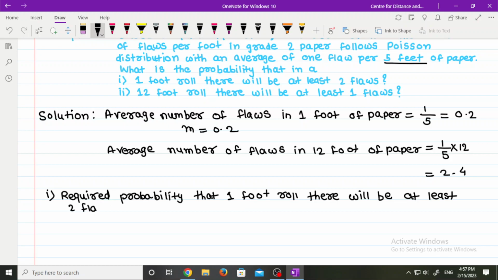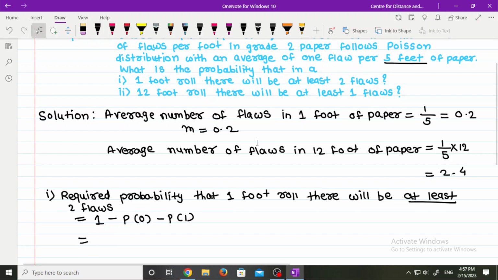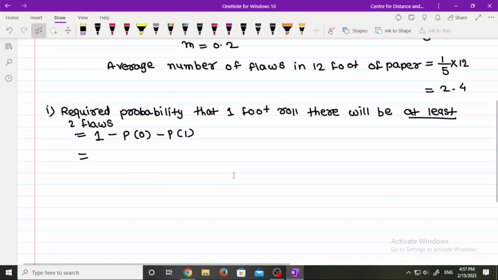Here we have to find out at least 2 flaws. So we have to find out the probability for x is equal to 0, for x is equal to 1, and we have to subtract this from 1. So 1 minus p of 0 minus p of 1, that is for x is equal to 0 and x is equal to 1,